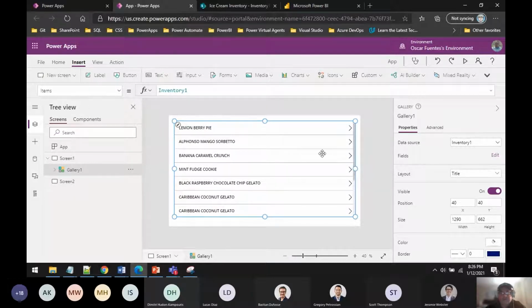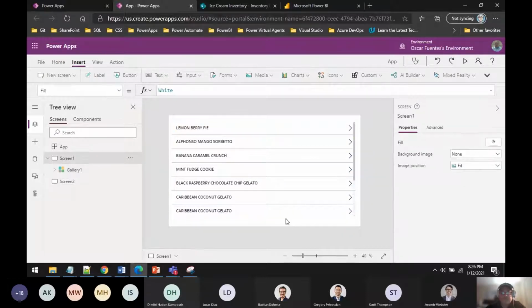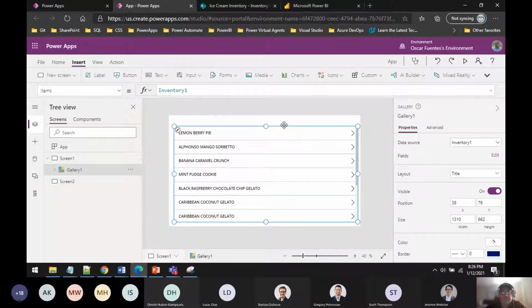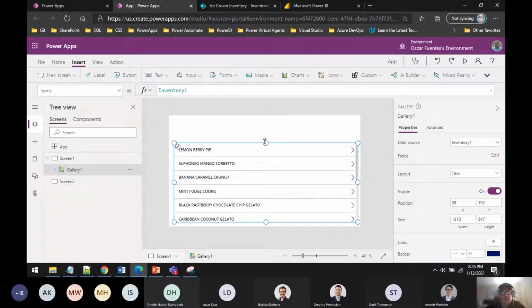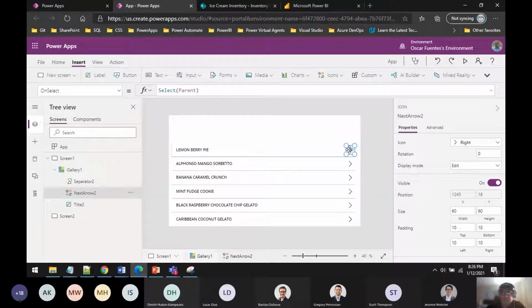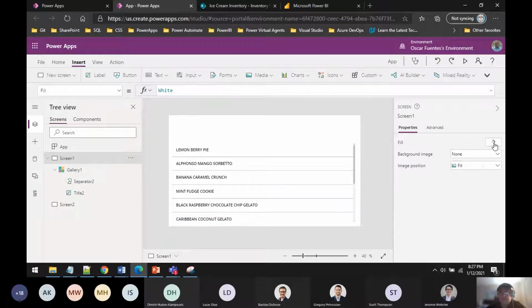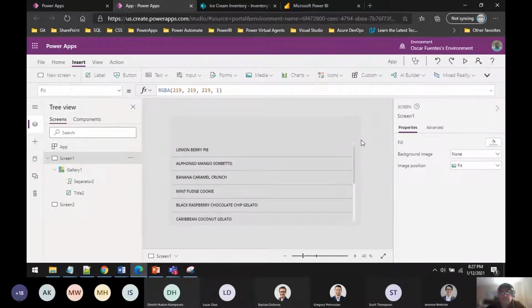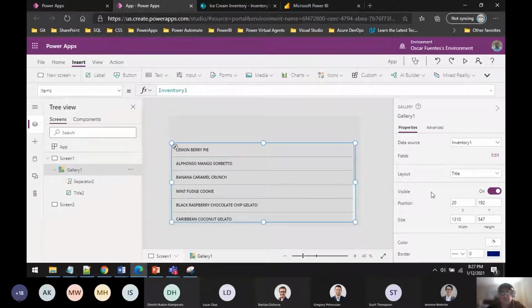Okay, so now the fun starts. Now we're going to format this. Go here, and we'll do this. We'll keep it here. The first thing we'll do is go ahead and remove this. Let's go ahead and put, okay, so now we're going to do the dark background. So now let's go ahead and change the color